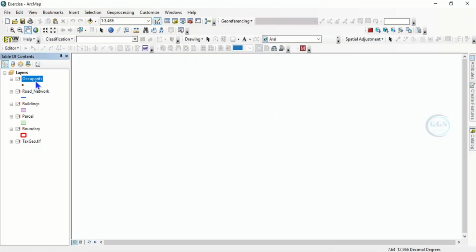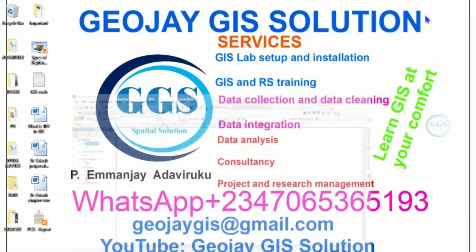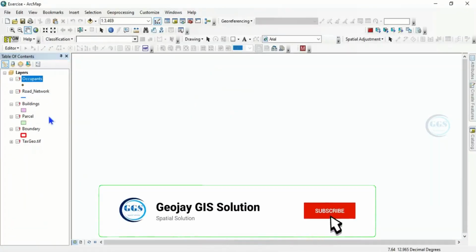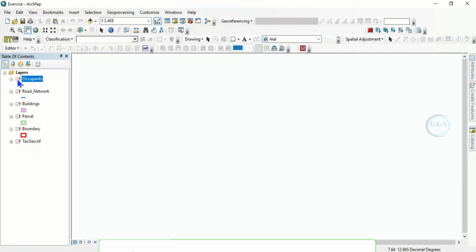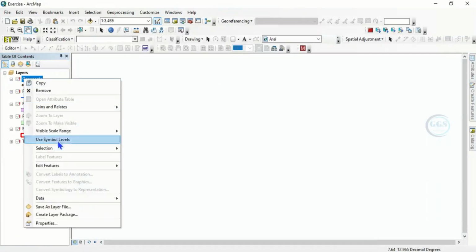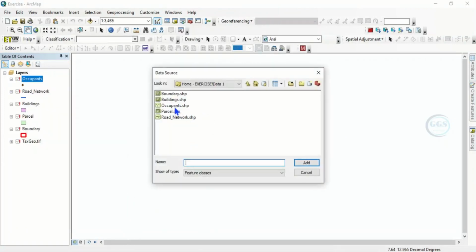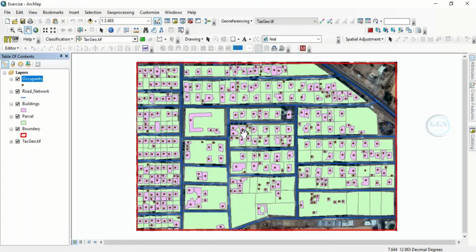To repair it, you have to come back to this folder here, and this occupant, you have to put back the S and write it correctly. So we have put the S. Now let's go back to our exercise folder, project. So this one now, we have to repair it, come back, repair. So we have put the S. If you click on it and add, it will be repaired. So this is the second way of doing it.